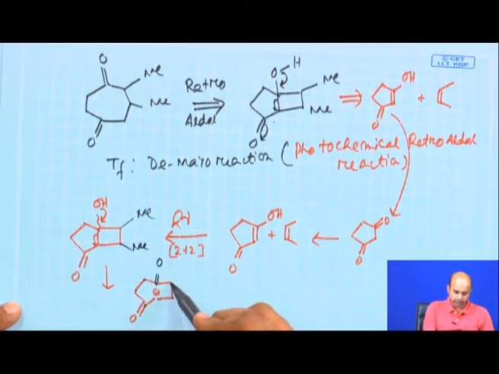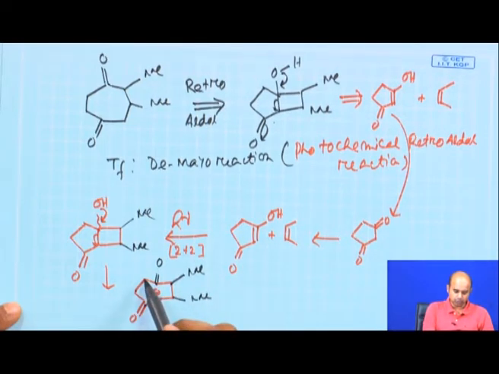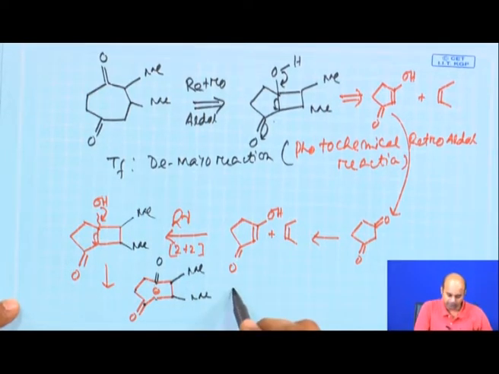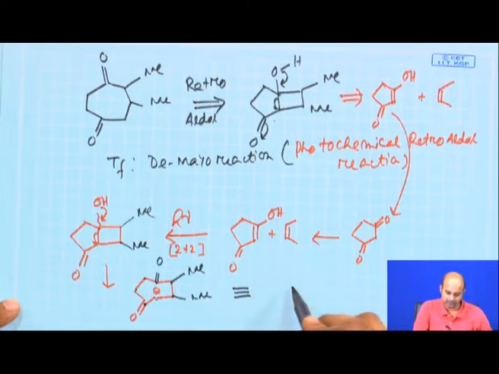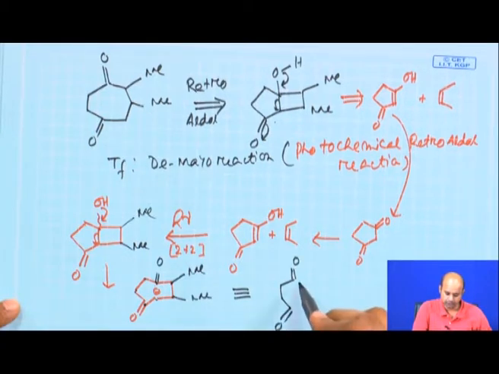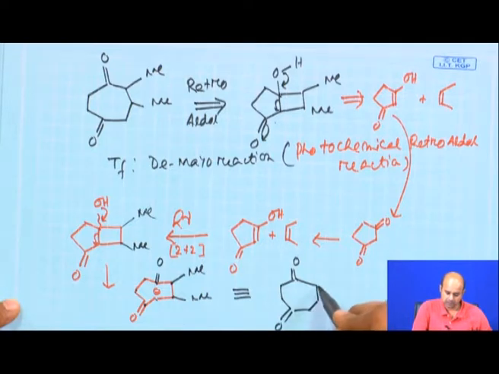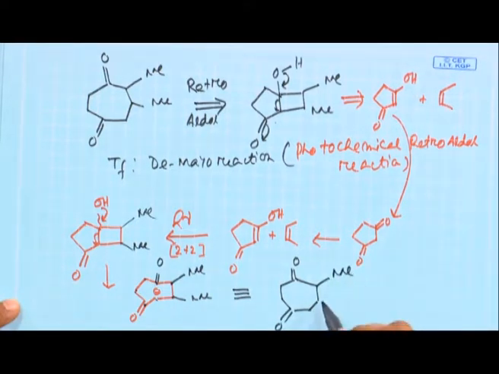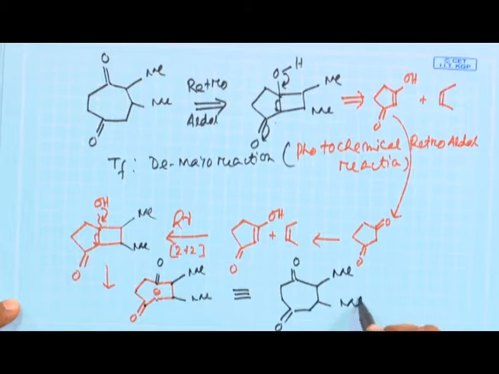We have forgotten to put this 2-methyl group, which will definitely be there. Okay. Now, count the number of carbons: 1, 2, 3, 4, this side is 5, 6, 7. So, in principle this compound is nothing but the target molecule, which is the 7-membered target, which was initially desired for our synthetic exercises.